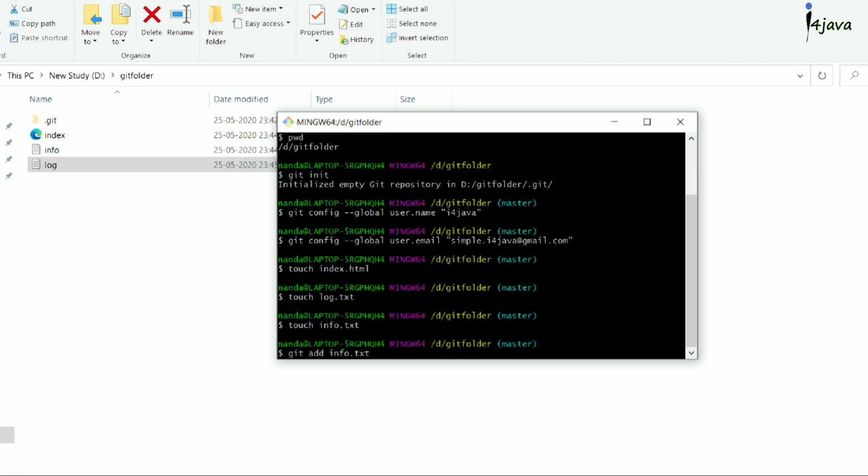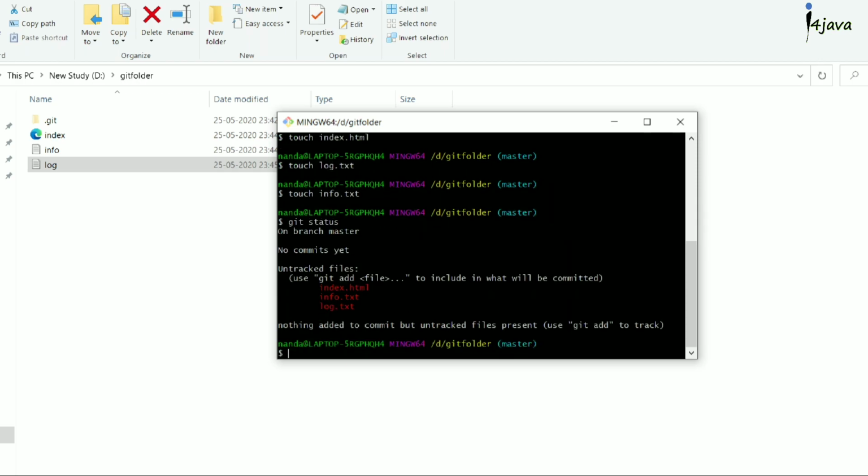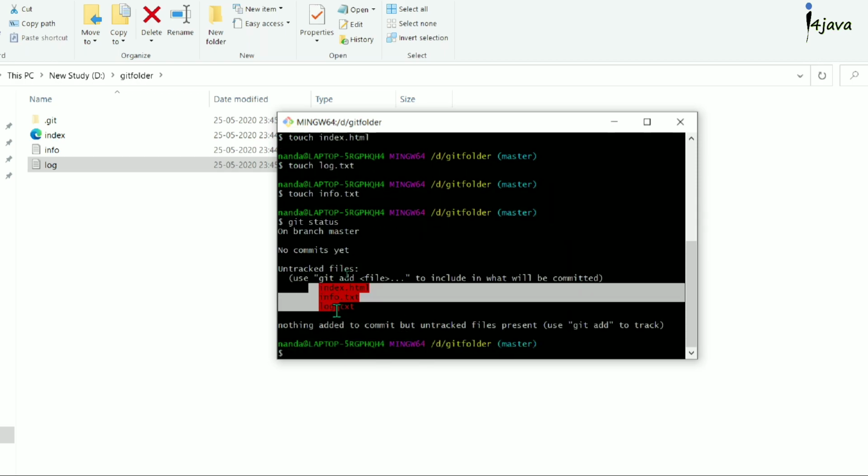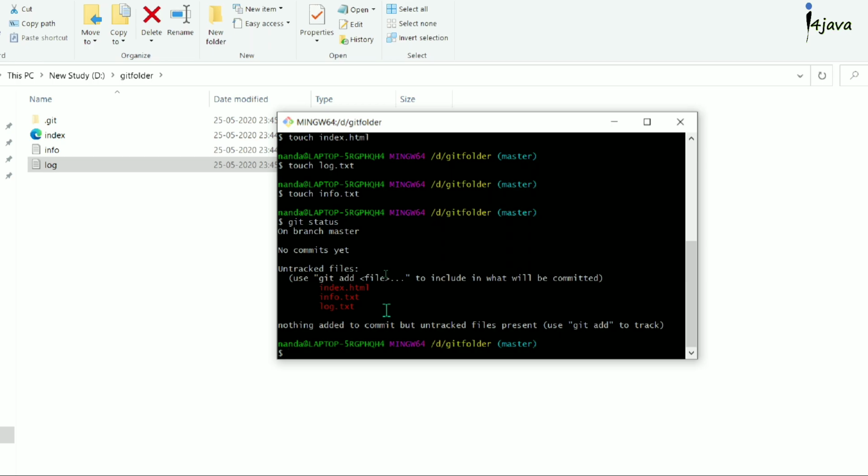Before adding, let's first check the status of our files. To check the status, we have to write git status. Here you can see it is showing in red color, so it means these files are in the unstaged area. To move those files into the staging area, I am writing the command git add, and here I am adding only one file currently.